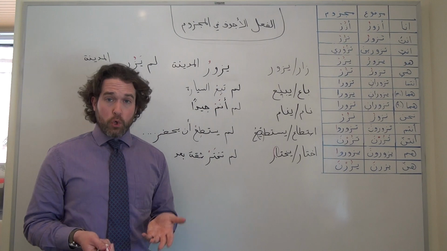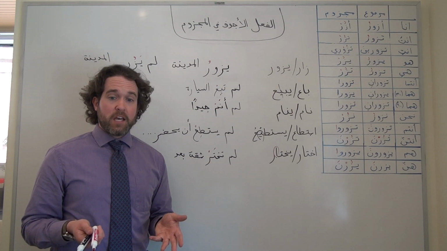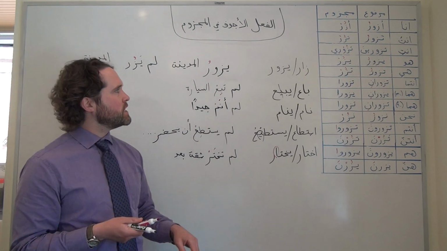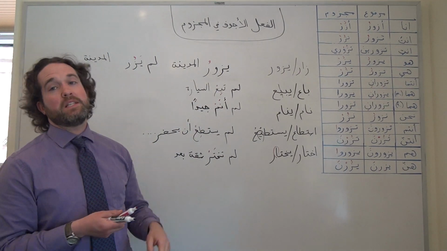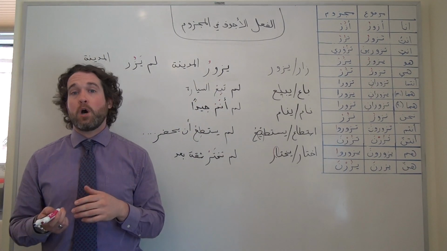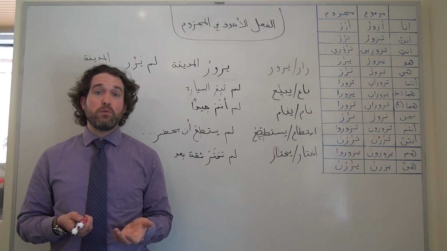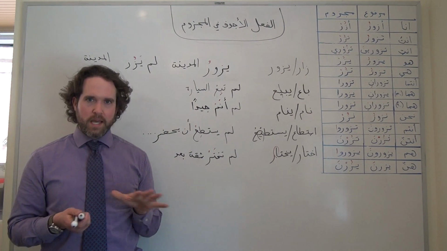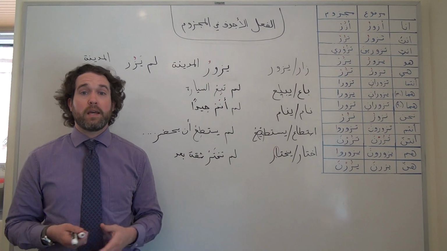In spoken colloquial Arabics, lam typically isn't used to negate the past. We're probably going to use ma or that ma-sheen combination. So instead of saying lam yazur al-Madina, we would say ma zar al-Madina or ma zarish al-Madina. But as advanced learners and users of Arabic, control of this little exception when we're negating sentences in the past is expected of us in our formal writing correspondence.